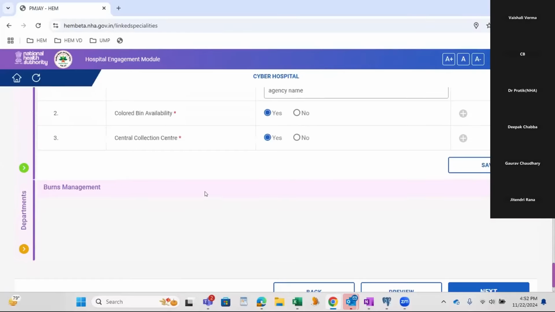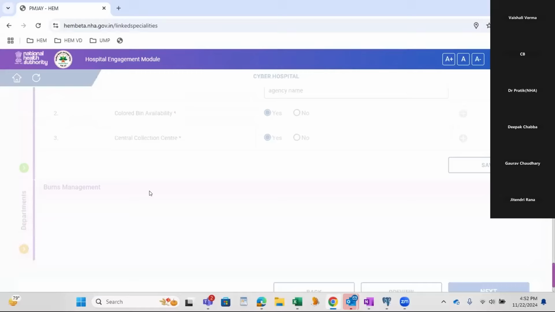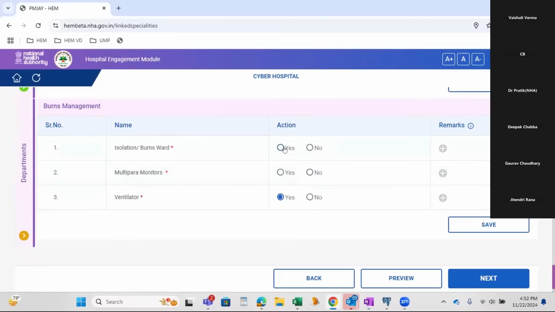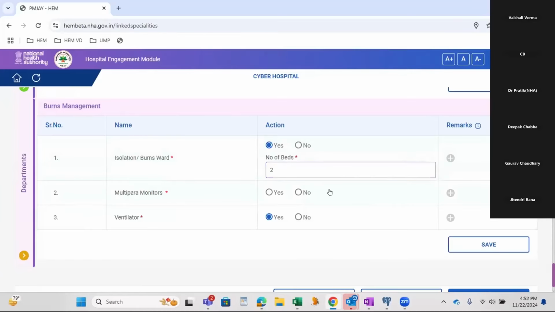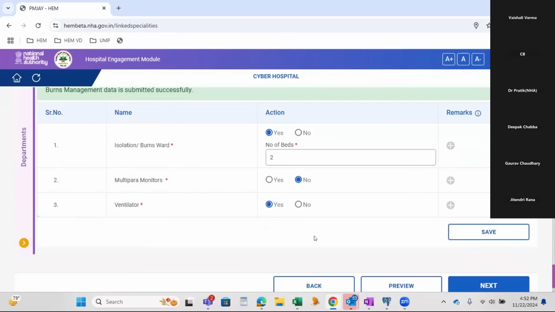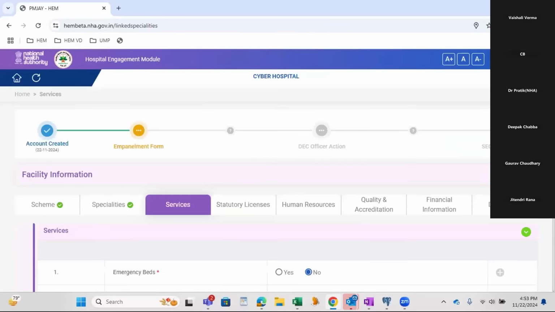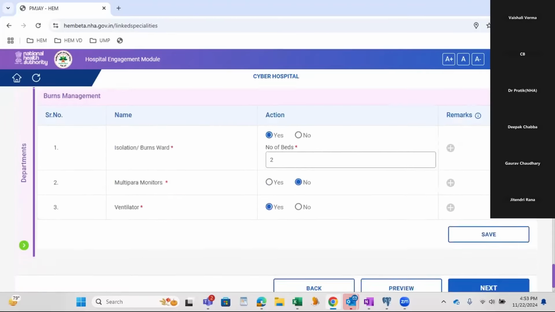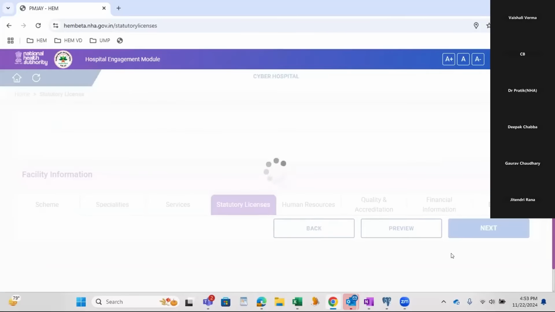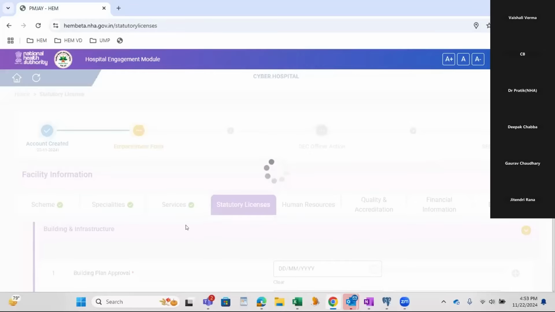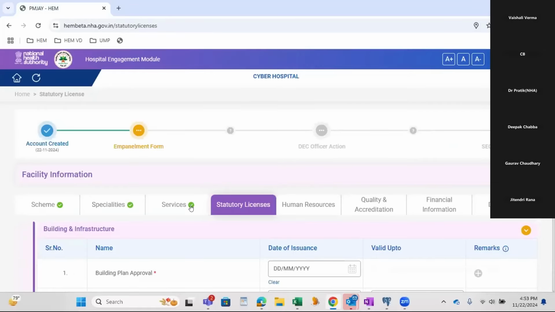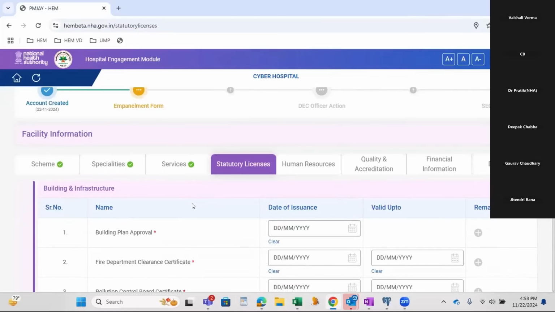All the support services are filled. Now the department, the specialty services details. I'm filling all the mandatory details for this section. Since all the details are saved, I'm clicking on next. Again, the green tick is there as all the mandatory fields are filled in the services section.